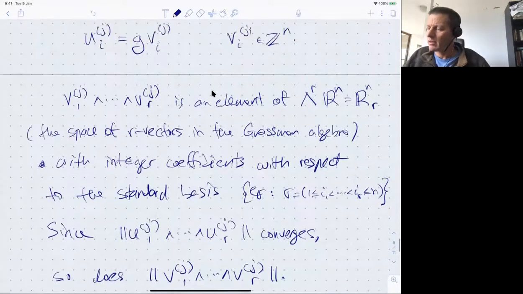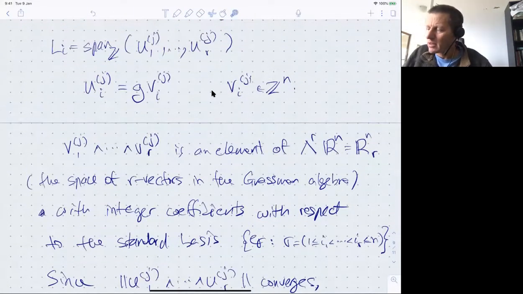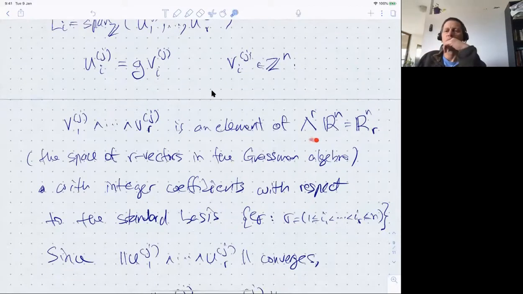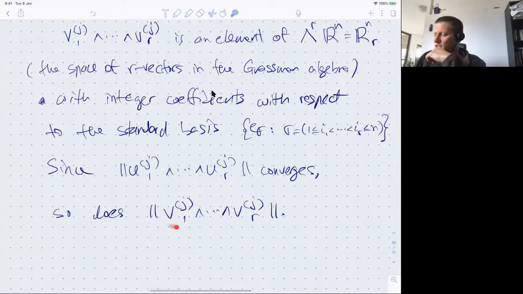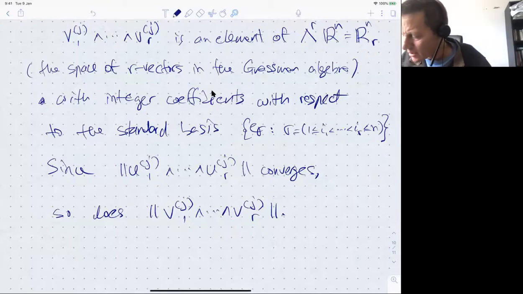Right? What's the mapping? The mapping G sends vectors to vectors, and so it acts on this exterior algebra in a continuous way. So if this R tensor here converges, then so does its image under a continuous map, the map G by G inverse. So this also converges, but these are vectors with integer coefficients, and so they live in a discrete set in this space. And so since